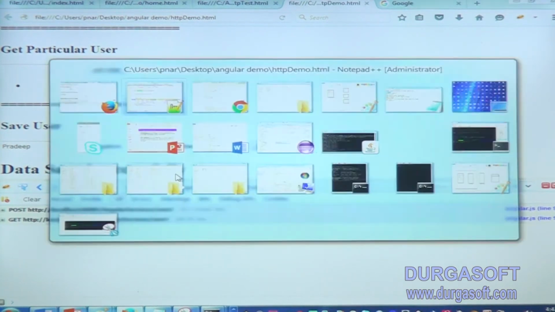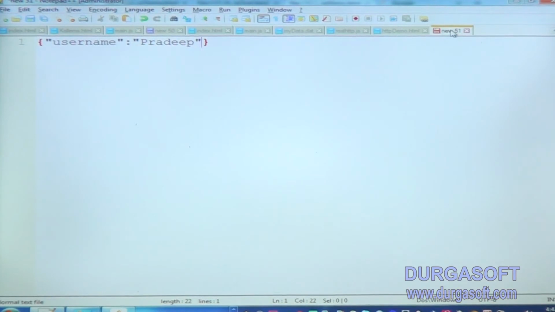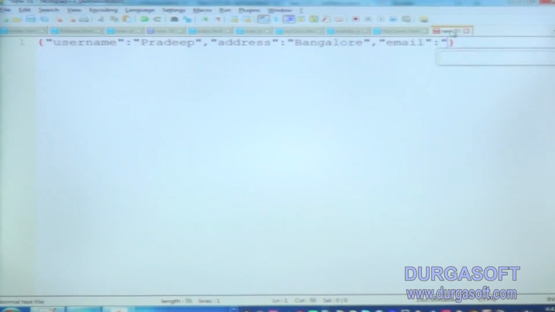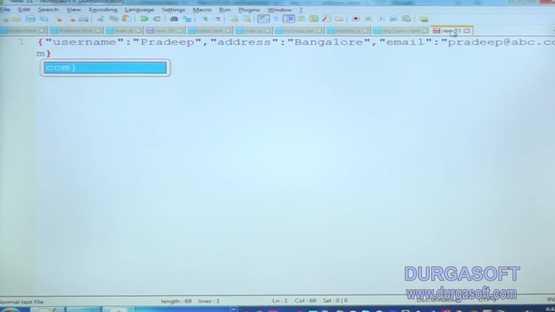Finally, after I click save, the value comes like this: username Pradeep, address Bangalore, email pradeep@abc.com.